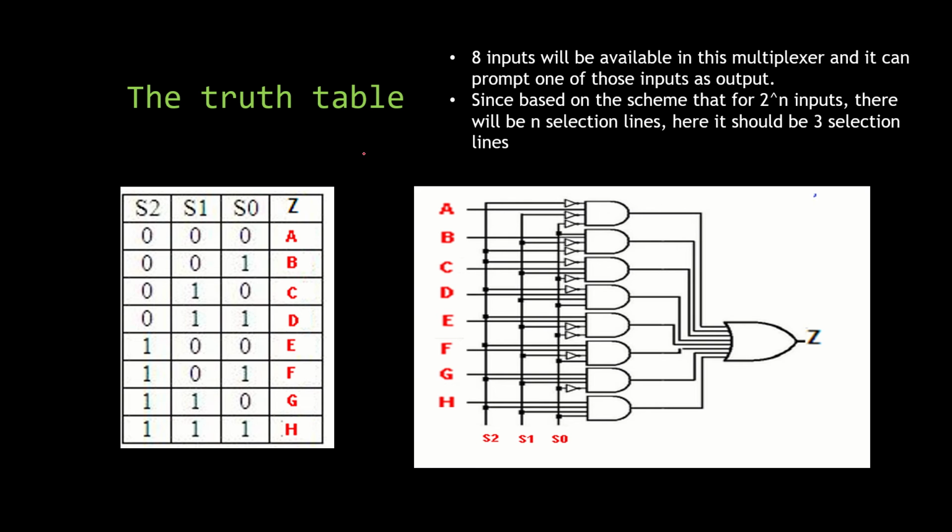How is it going to work? Very simple. As I told you in the previous session itself, it starts from left to right, S0, S1 and S2. This is the way we need to write it. So when you have 0, 0, 0 for S0, S1 and S2, you get A as the output. Whatever be the value of A will be thrown as the output and Z gets A. Now when S0 is 1, S1 is 0 and S2 is 0, we get B as output. Similarly, when it is 0, 1, 0 for S0, S1, S2 respectively, you get C. Likewise, we keep moving, and when you have all ones, you get H as output.